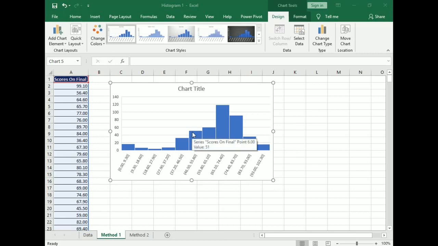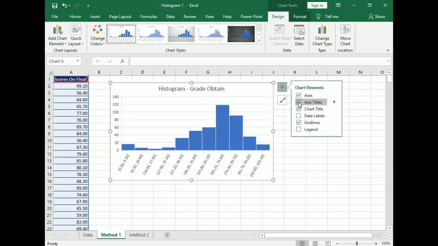To make the histogram more informative, we will add titles to it. Then to add axis titles, click on the plus symbol and select Axis Titles.